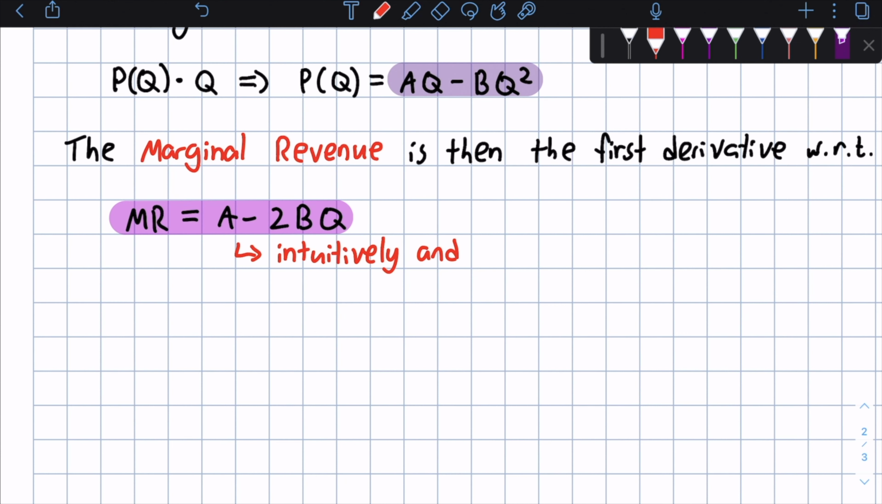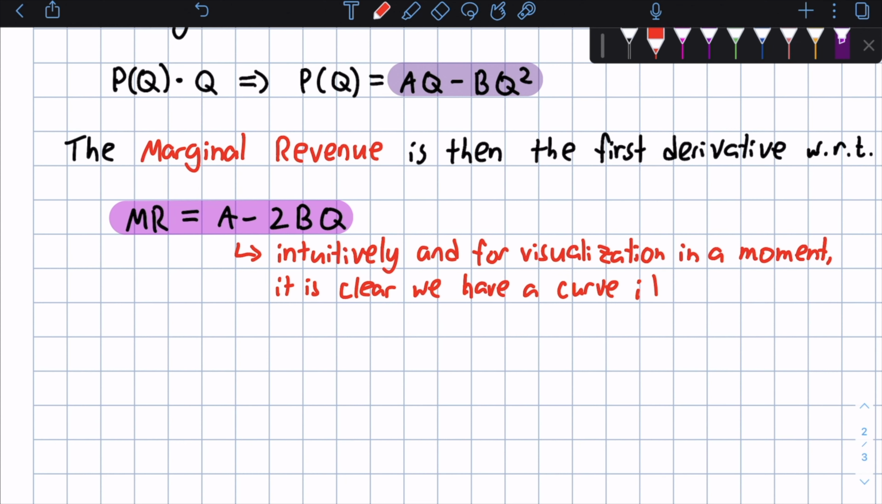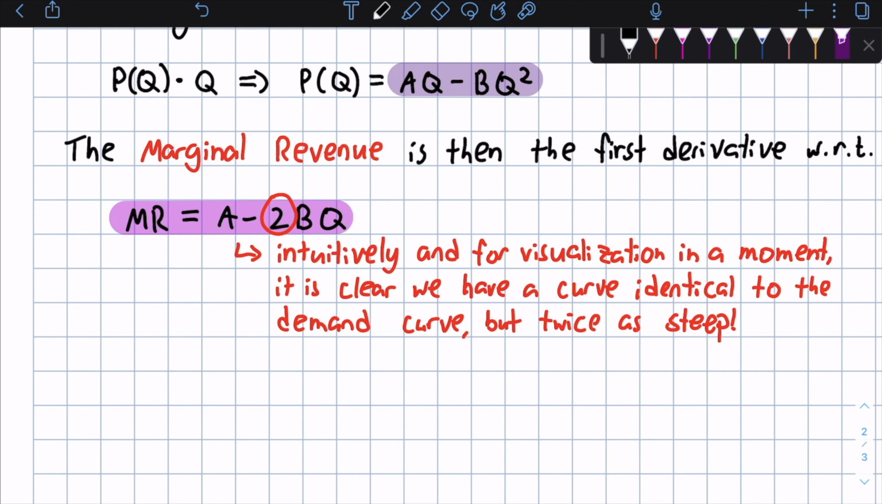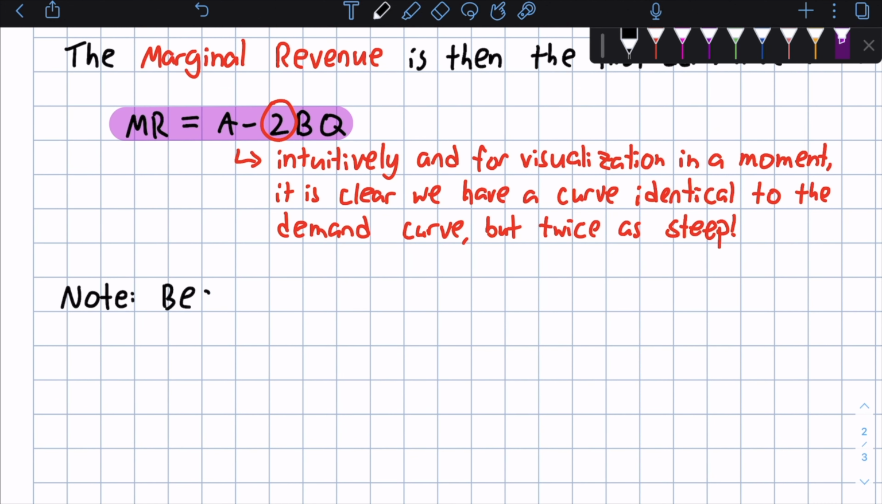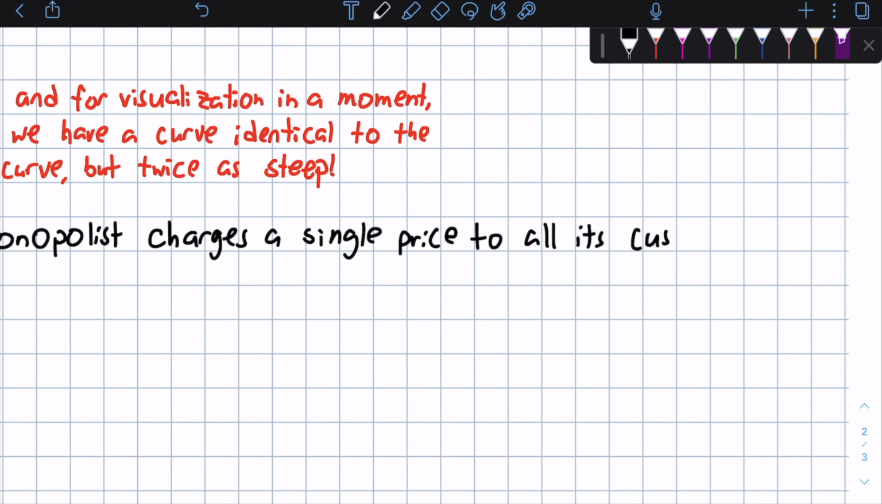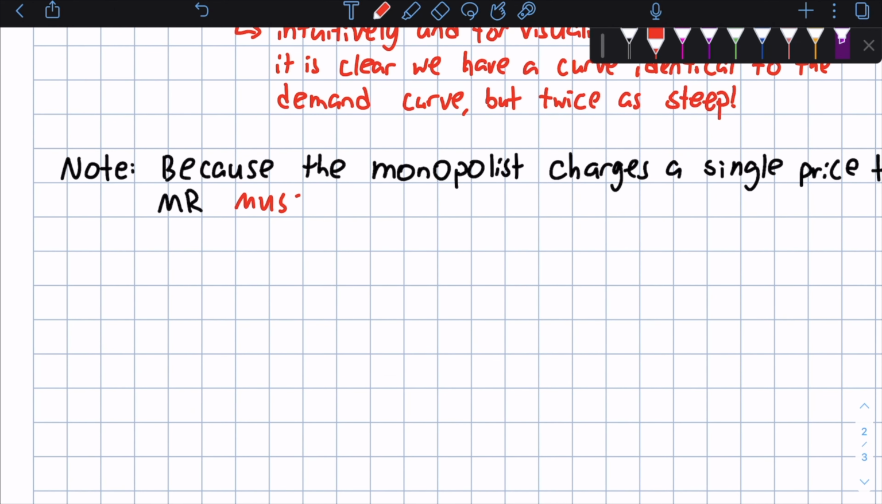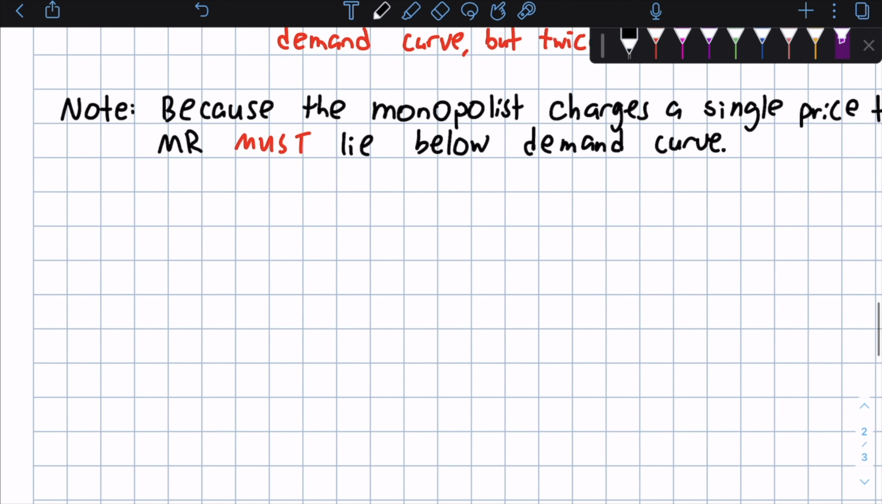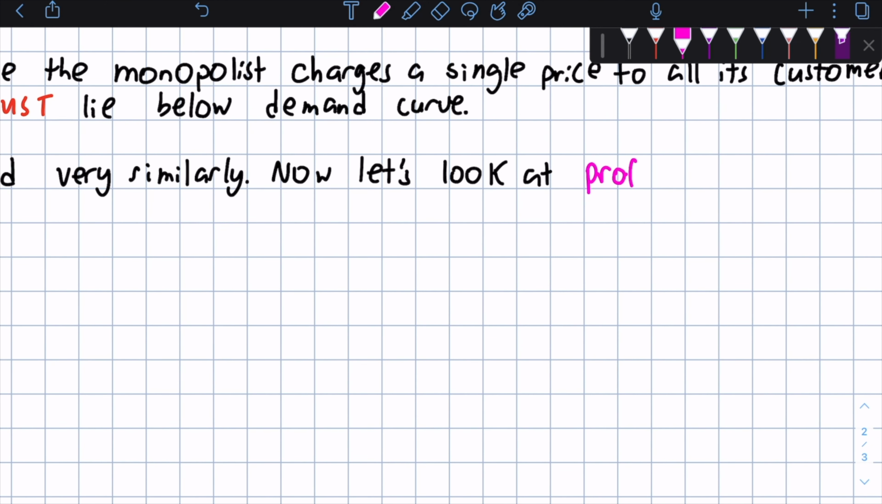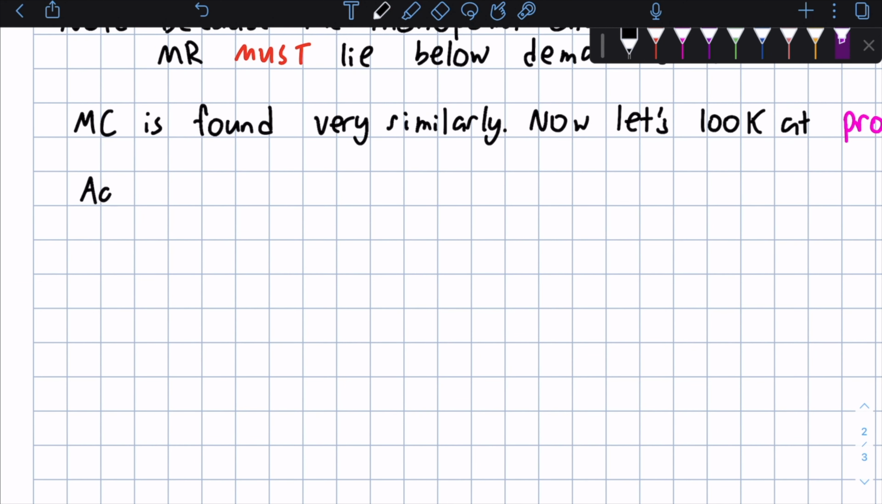And something really interesting is visible here. So intuitively, and for visualization in a moment, it's clear that we have a curve identical to the demand curve, but it's twice as steep. So it's important to note here that because the monopolist charges a single price to all of its customers, the marginal revenue has to lie below the demand curve, and this is just a rule you should remember. The marginal cost is found very similarly, so now we'll take a look at the profit maximization and a visual